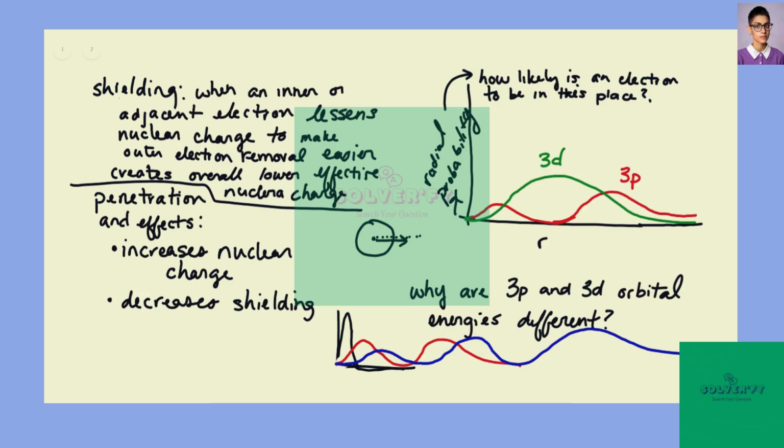But because of how the quantum numbers work, each size, each shape will have an additional hump as its number goes up. So the 2p, right, will have 1 hump because it's the 2, right? And so our 3p has 2 humps because it's the next energy level up. So all of that aside,